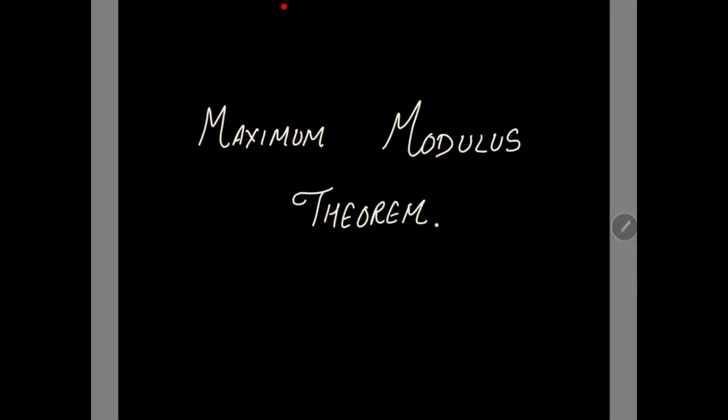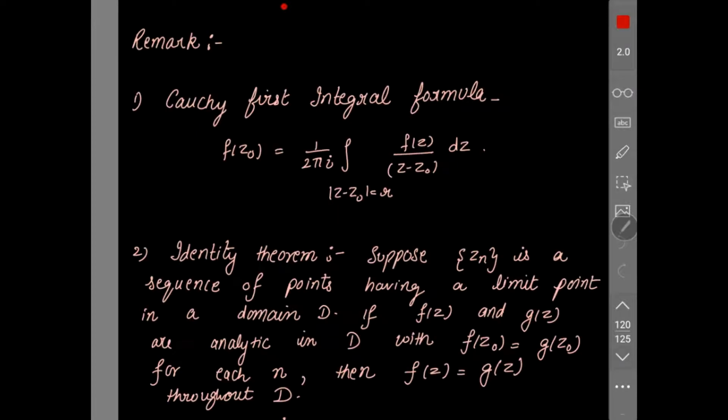Maximum modulus theorem. This theorem has two forms. Let's discuss them. Before that, let's recall two remarks which are given over here. These remarks are used in the proof of the theorem. So the first one is,